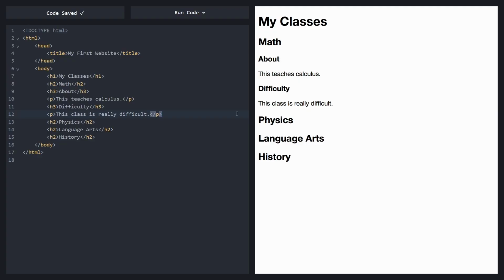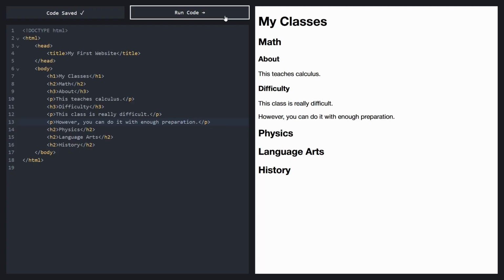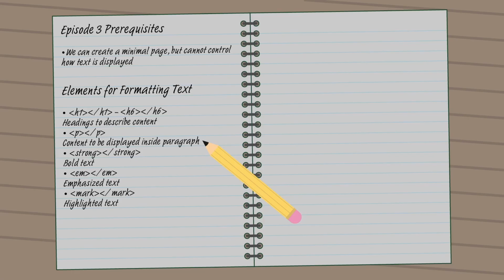Multiple paragraphs can also be right next to each other, so we can create another P element here which says something else. And as you can see, there's now a gap in between each of these paragraphs to clearly distinguish them from one another. The final three elements that we're going to go over in this video are the strong element, EM,